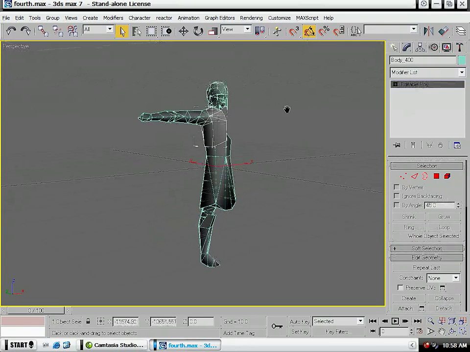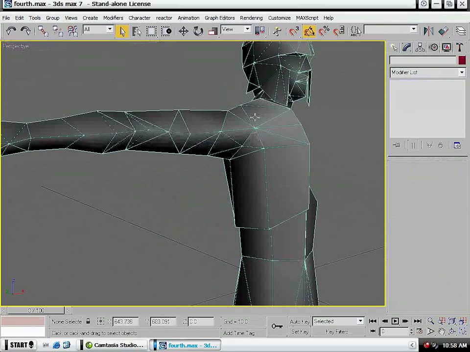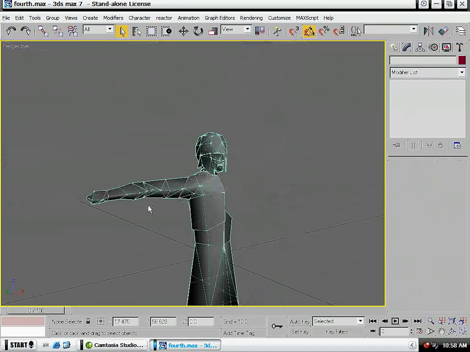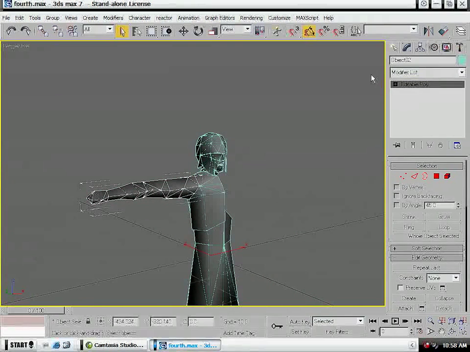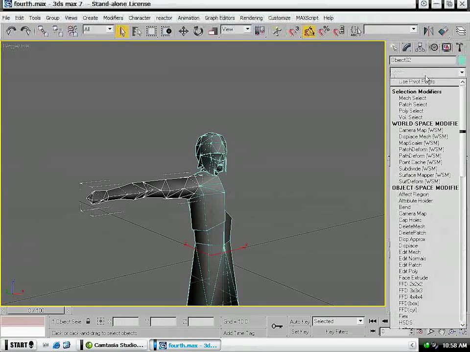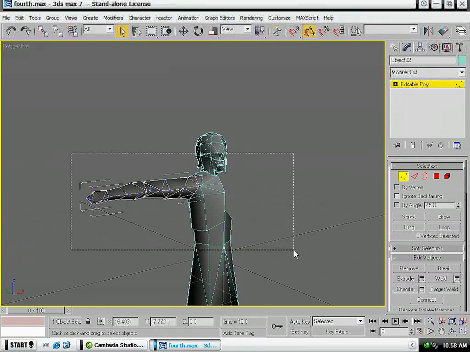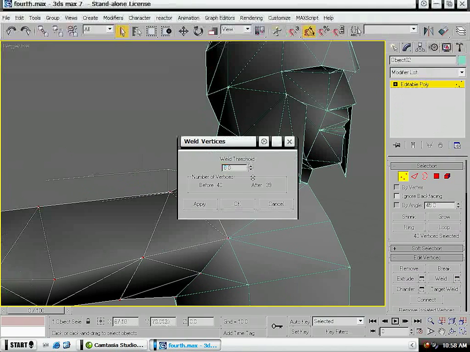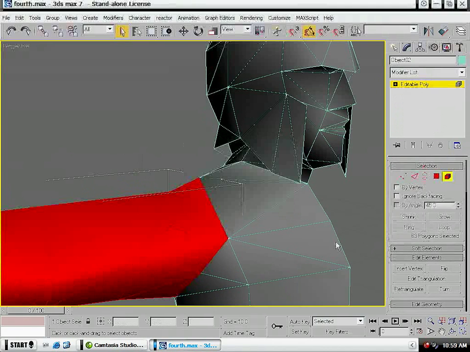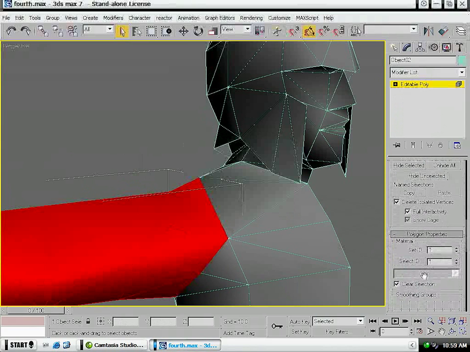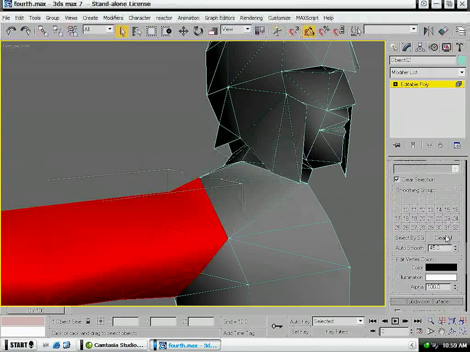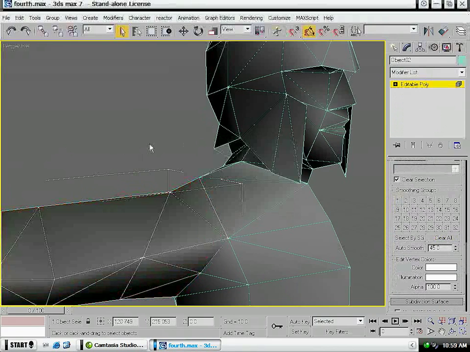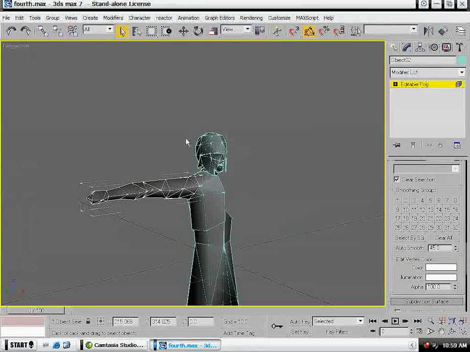And now what you're going to do is you're going to apply UV texture coordinates. We'll start with the arm. The arm, one second. This looks like a little geometry problem. Maybe not. No, it's okay. Okay, so for the arm,